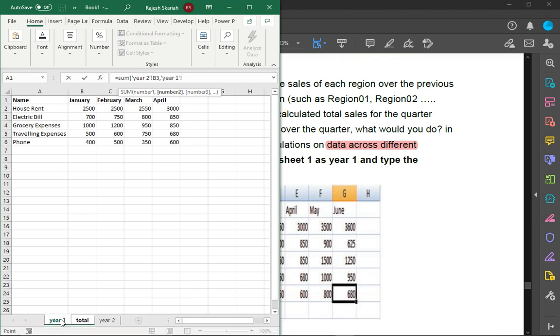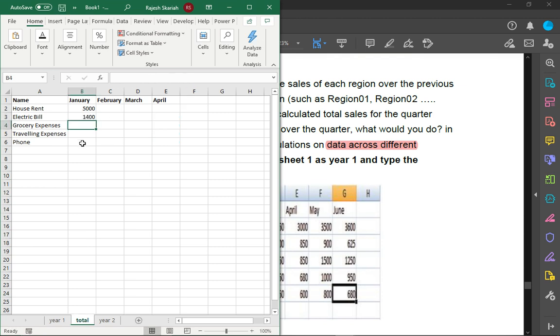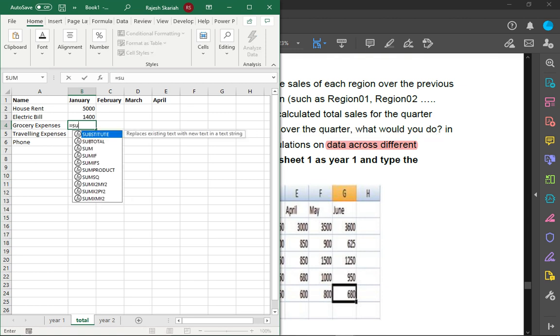So you have to give year 1, again the same amount we have given. Okay, so then you have to close this. Then you press enter, and you will be getting the total amount, 700 plus 700, 1400 rupees will be there. Similarly, you have to just refer the same function, equal to, find the sum of all the fields. Instead of adding these two separately, you can give the formula